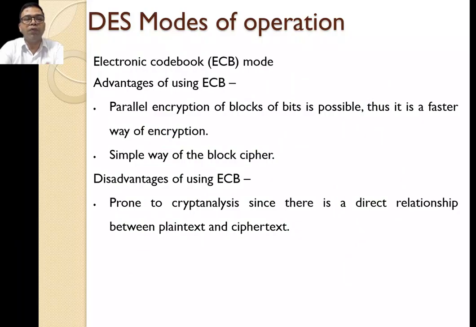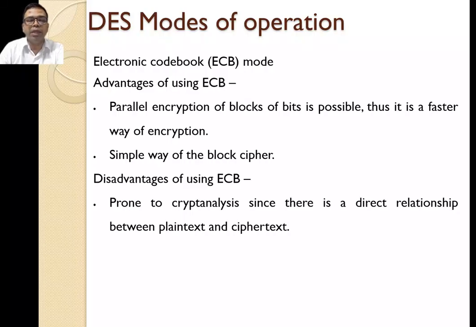The ECB mode offers the following advantages. The parallel encryption of blocks of bits is possible, therefore it is a faster way of encryption, as we have observed, and it is the simplest way of block cipher. However, there is a disadvantage of using ECB, because ECB mode is prone to cryptanalysis since there is a direct relationship between plaintext and ciphertext. So once the cryptanalyst gets to know the pairs of ciphertext and plaintext, it becomes easier for the cryptanalyst to break